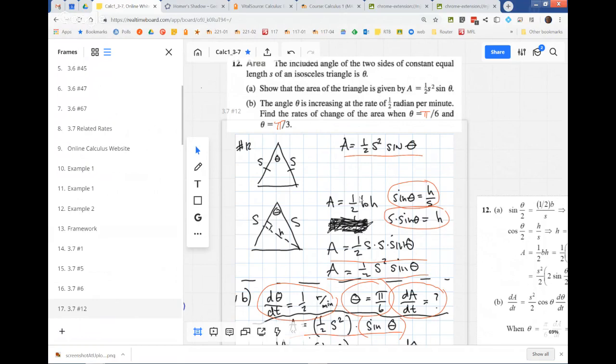Why did I do that? Because the base is half of S. That's where I'm running out of colors here. Let me plug in something different, like green. So do you see that that came from